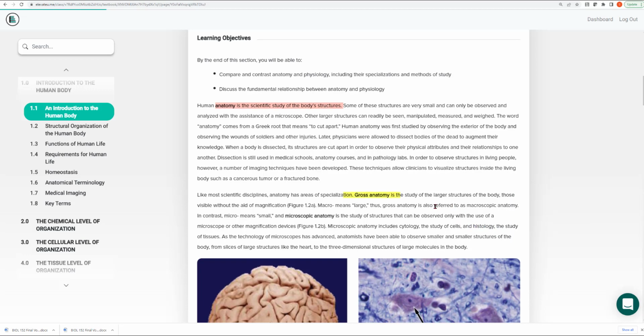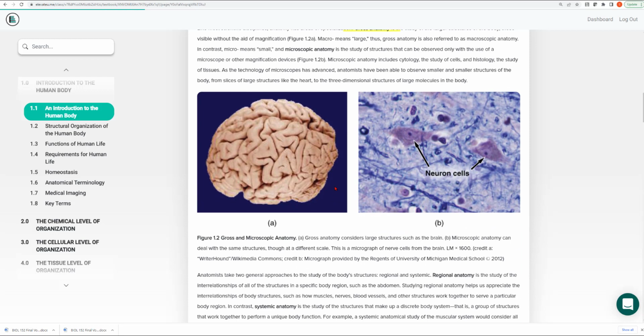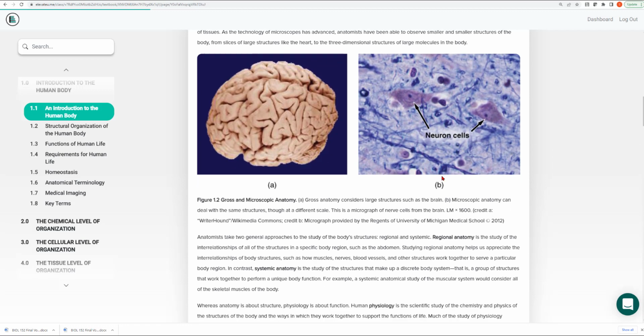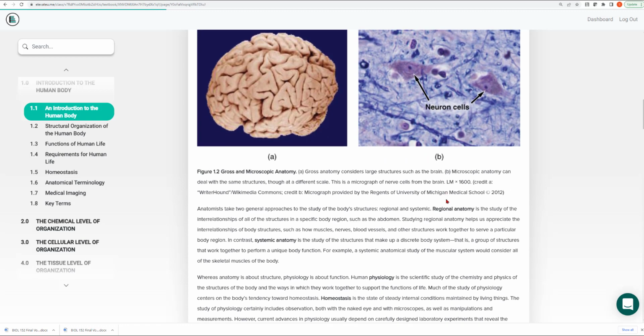So, as an example, in these two pictures, if you're looking at the whole brain, that's an example of gross anatomy. And if you're looking at cells under the microscope, that would be an example of microscopic anatomy, or specifically in this case, cytology, because we're looking at individual cells found in the brain. There's other ways of studying anatomy as well. There's regional anatomy. Our book is not set up this way, but regional anatomy would be, I'm going to learn